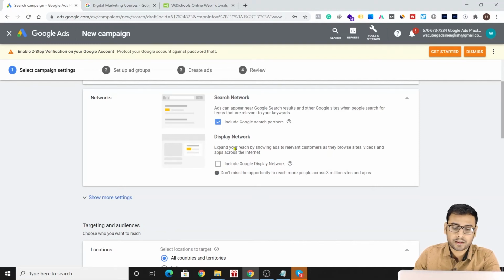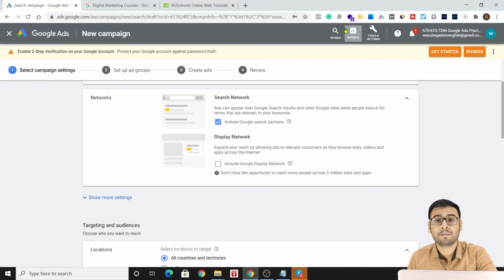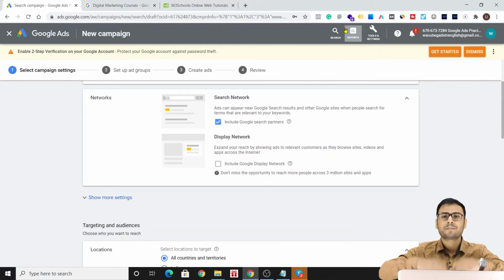Another very important thing that will happen is, suppose your ad is getting impressions on the display network. But as I told you, it's not inbound marketing, so there are fewer chances that people are going to click on your ad, because people are on the website to consume the website's content.